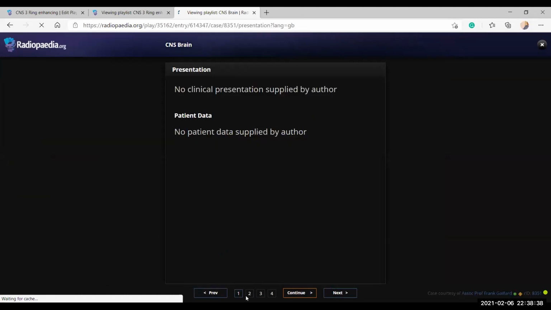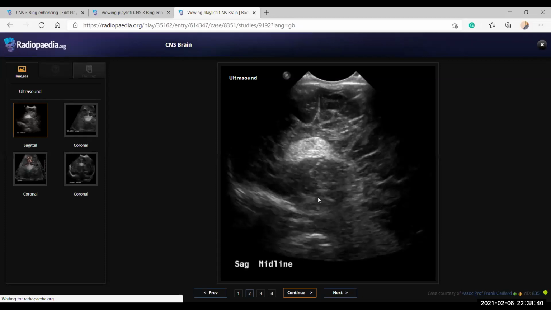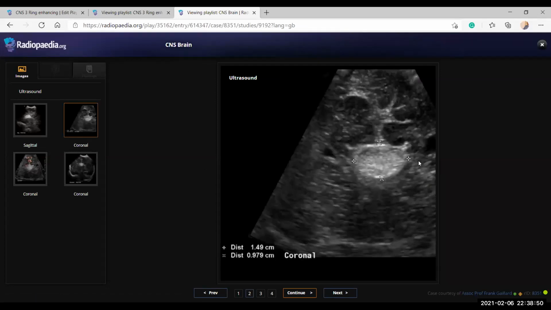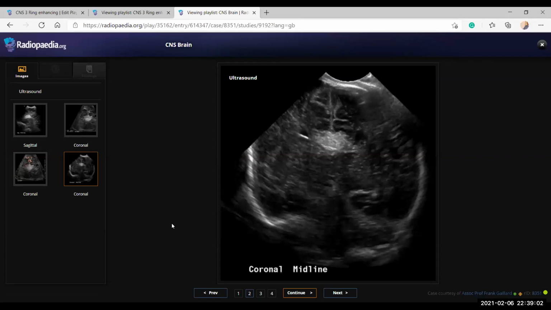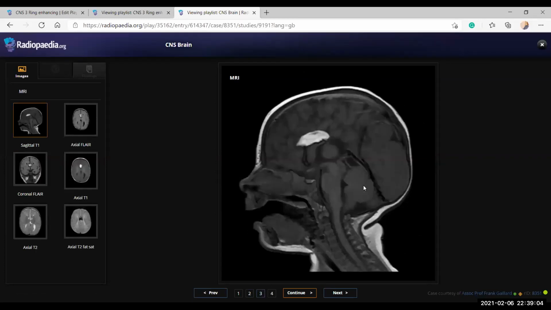And the other cases are very simple, like this one. This is a mid-sagittal image where you can see a well-defined hyperechoic lesion between the frontal horns, at the expected location of the corpus callosum. And you are looking at the ACA to see whether there is any azygos ACA, and this is confirmed in the MRI examination. So when the cases are very straightforward and simple, they may ask you some other questions, like